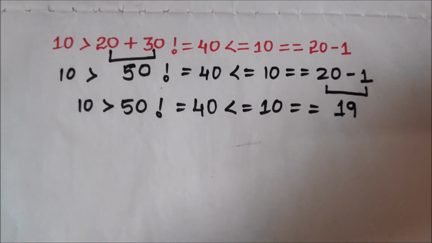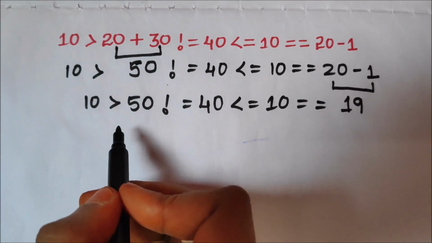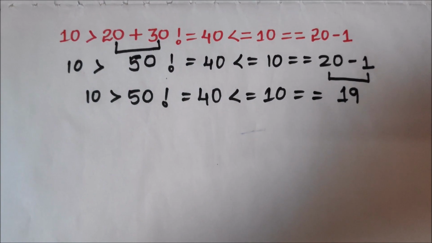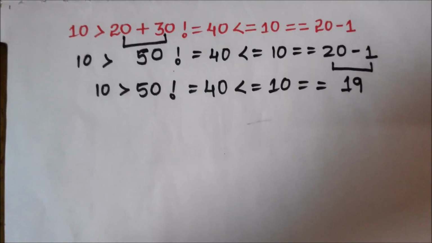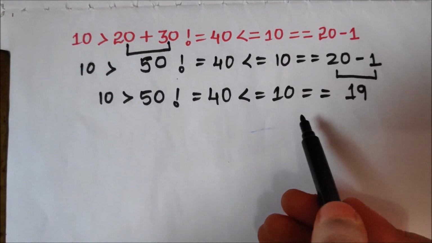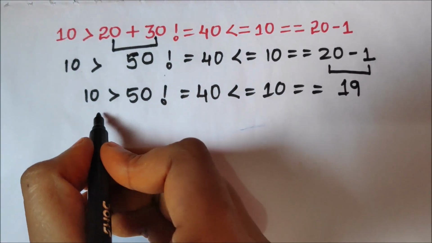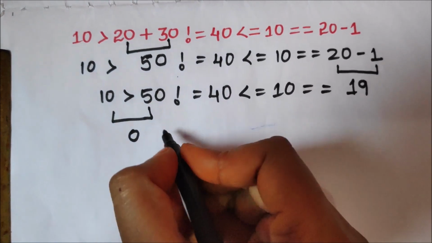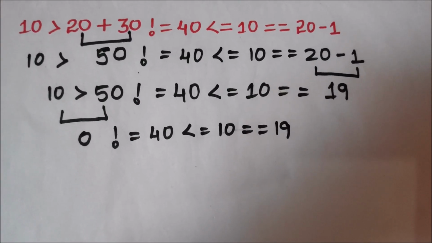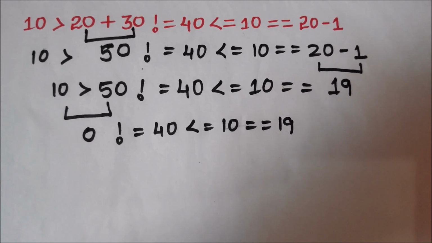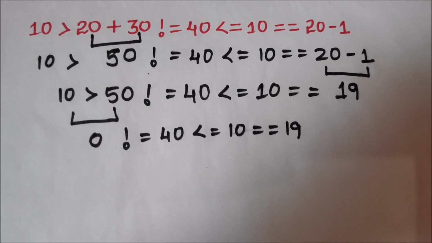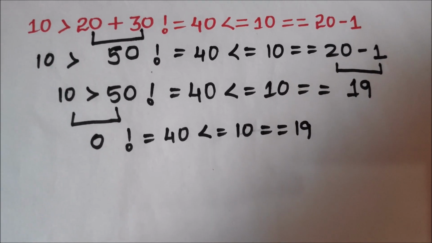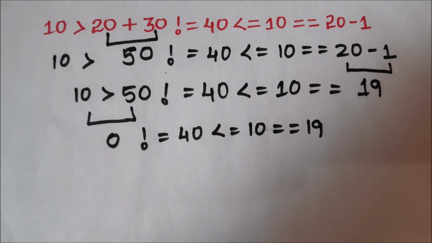So how to evaluate them: again start from left to right. Whichever highest priority relational operator is encountered, evaluate it first. So we have greater than, not equal to, less than or equal to, equal to. So the highest priority is greater than. 10 greater than 50? No, it is false. I am going step by step for better understanding, and it is recommended, whereas once you are perfect you can combine a few steps together and do it, but the recommendation is to go step by step.